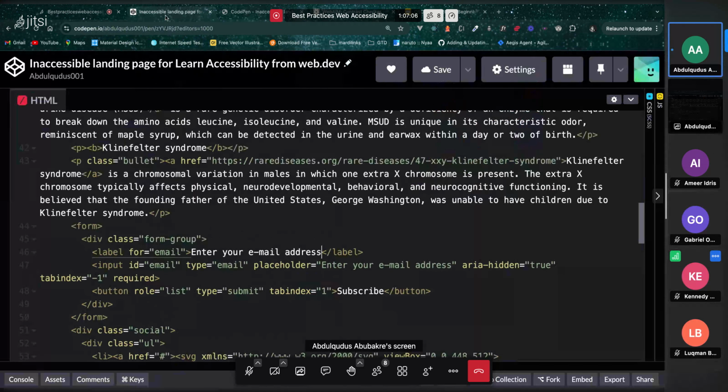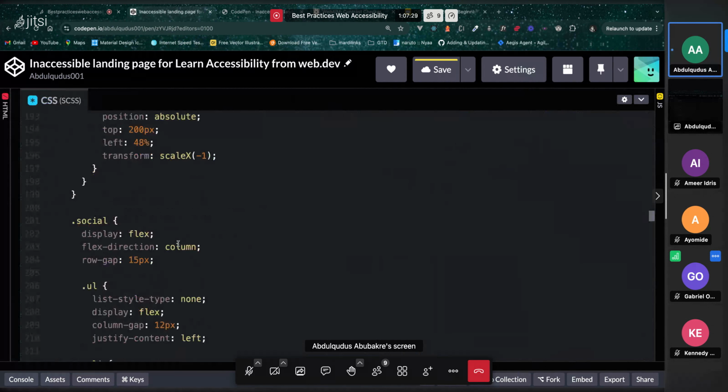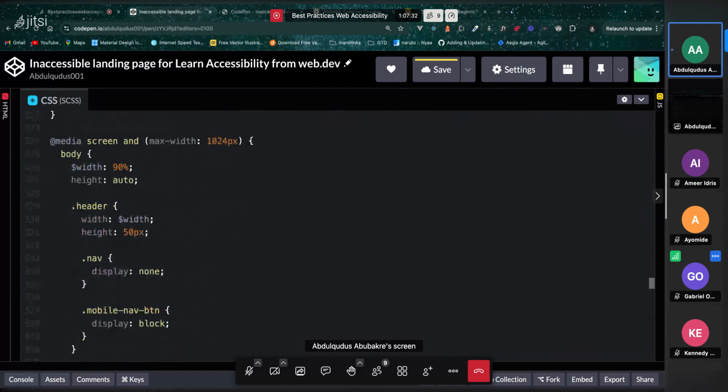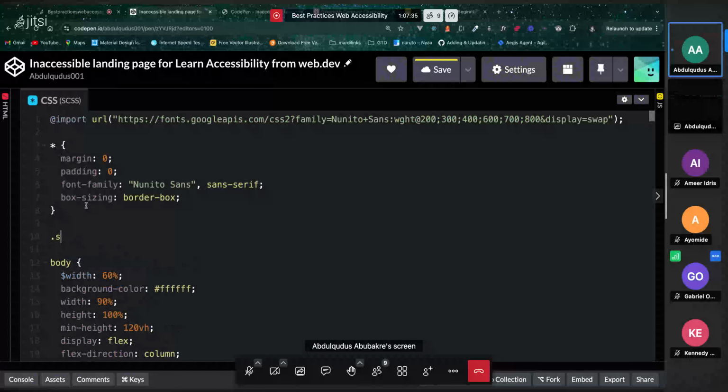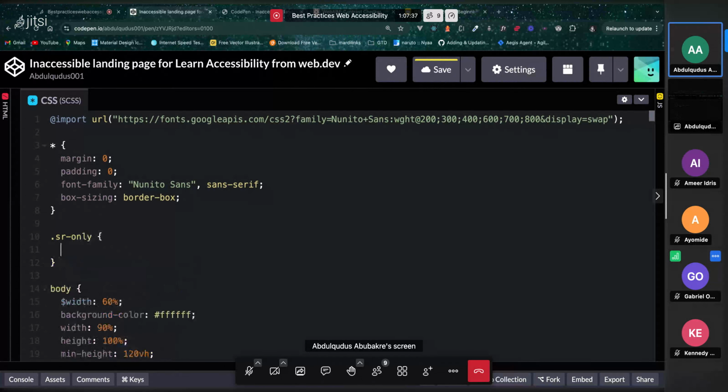There are several ways you could do it. One way is to make this label for screen readers only. There are several ways to do that, but to show you one way to do it, let's add a class called screen reader only. And then in our CSS, we're going to style the screen reader only class. Let's just add it at the beginning here. The first thing we want to do is give it a position of absolute to take it out of the current viewport. And we're going to give it a width